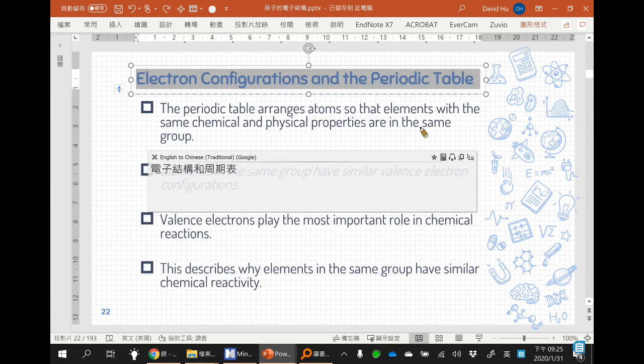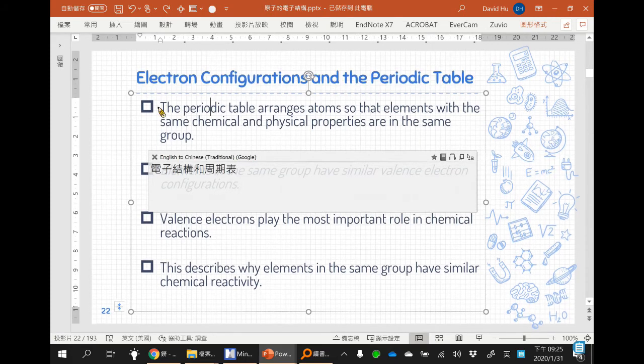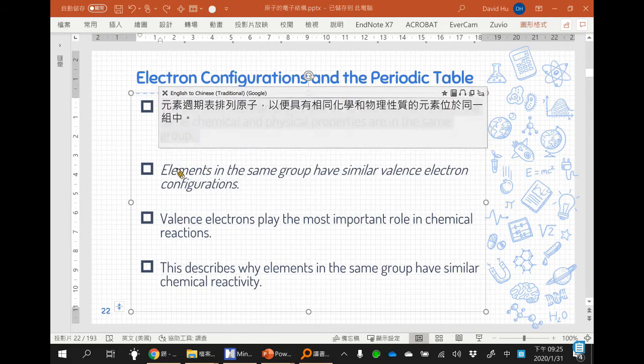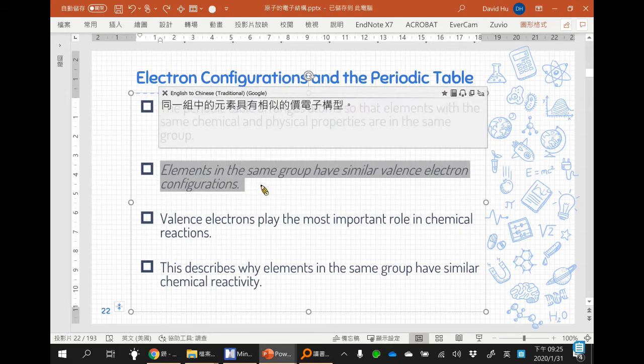Electron configurations in the periodic table. 电子组态及周期表。The periodic table arranges atoms so that elements with the same chemical and physical properties are in the same group. 周期表排列原子的时候，使具有相同的化学和物理性质的元素位于同一族中。Elements in the same group have similar valence electron configurations. 同一族的元素具有相似的价电子组态。